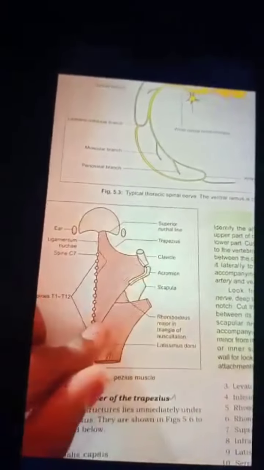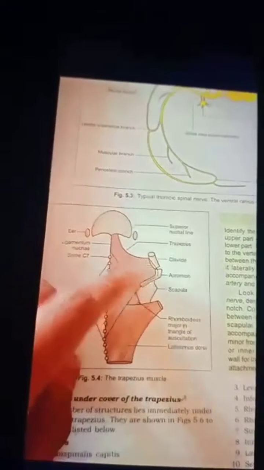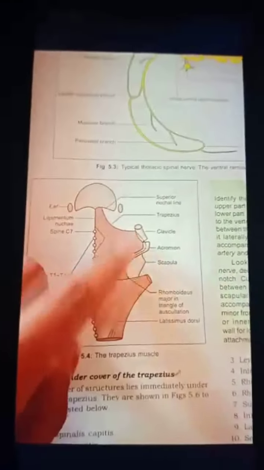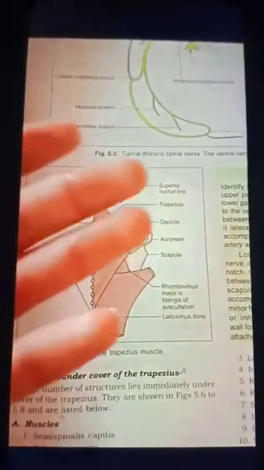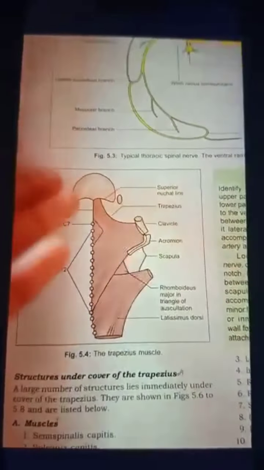Now let us see the muscles of the back and also the pectoral region. The first important muscle of the back is our trapezius muscle. The shape of the trapezius muscle is triangular, remember, not trapezium shape. Half of the muscle, if you see, is mainly triangular in shape, and its nerve supply is the spinal accessory nerve, this is important.